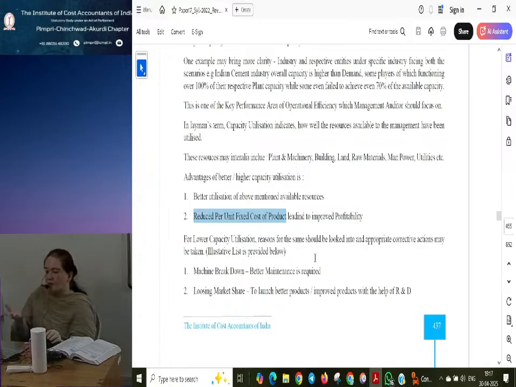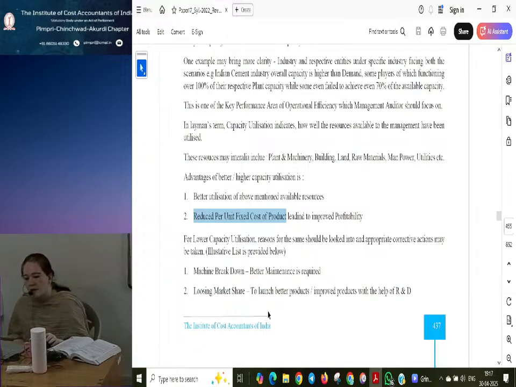For example, if there is a machine breakdown, what you have got to do? You should have proper maintenance in place, a proper engineering team, and repair and maintenance teams to support, so that the breakdown hours are reduced. If there is a power shutdown, then you can have a power backup to take care of it.